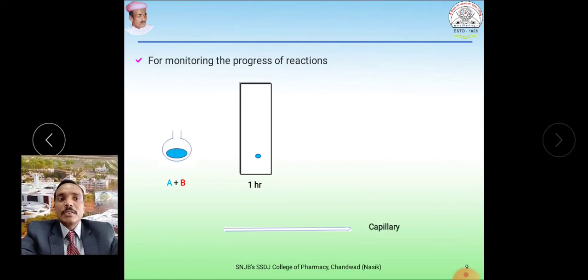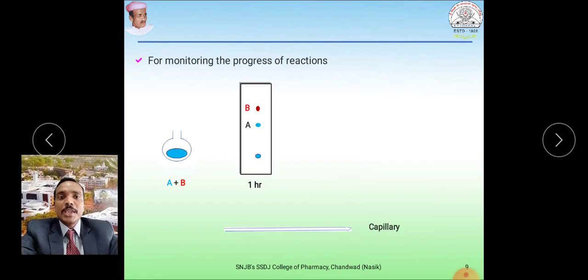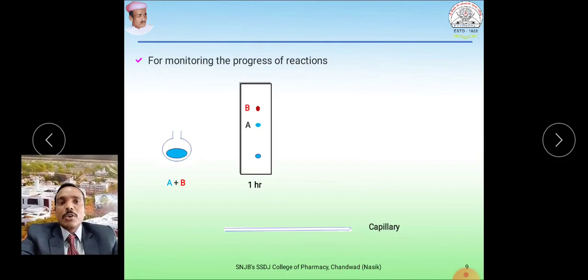So after 1 hour, when we run this, we have to find out the solvent system. Then after running this plate in the finalized solvent system, if we are getting this kind of result, then we can say this shows the presence of starting material A, and this shows the presence of starting material B. Okay, now how will we know this is A, and how will we know this is B? So side by side over here we have to run the other spot of starting material